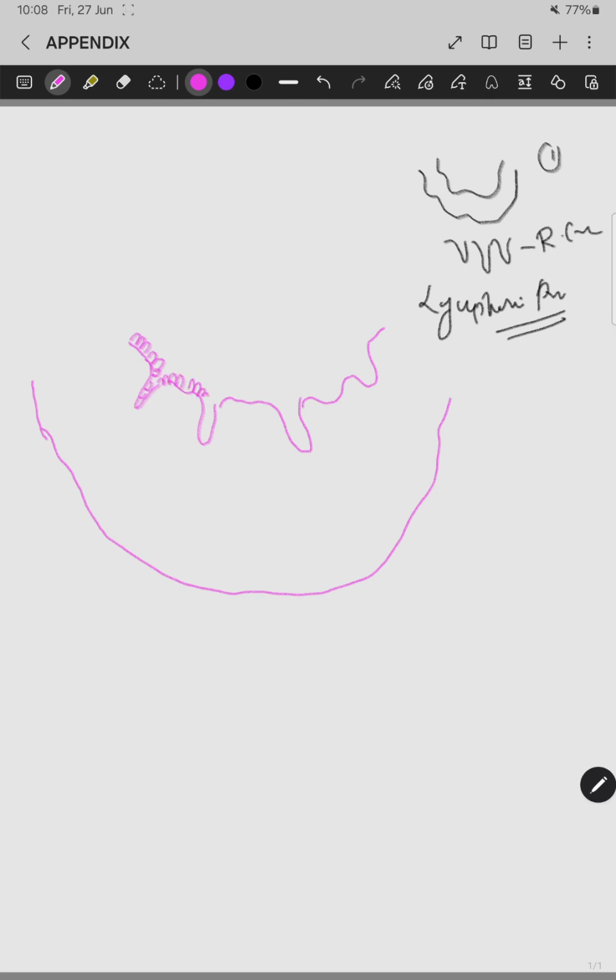goblet cells. It will be difficult to show goblet cells inside the crypt the way we showed them when drawing the other organs. So what can we do? We can just give spaces in between the columnar cells as whitish areas where you can indicate the goblets. So put the columnar cells, and at intervals you can put vacant spaces to indicate the areas where the goblet cells are present, like this. Typically these goblet cells are also striated. You can give striation or you can leave it vacant. You can do either; there is no need to waste time on it, as it will not be checked that typically. But columnar cells are needed, and you have to indicate the places where the goblet cells are present.